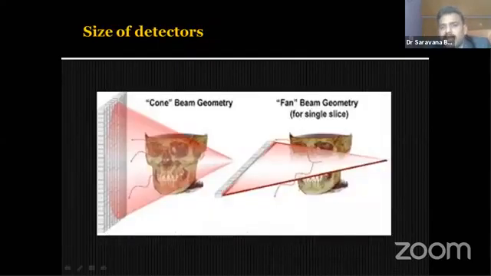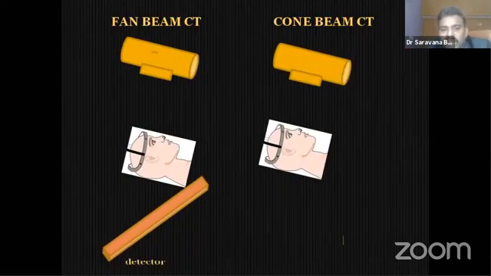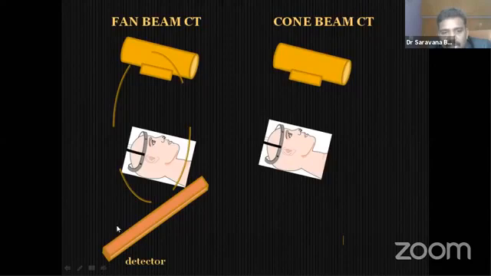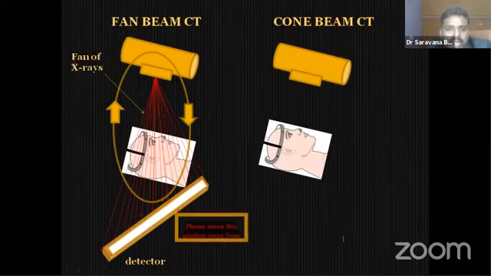Okay. So look at the medical CT: it delivers the fan-shaped X-ray beam depending upon the size of the slice thickness. I told you for the next slice, again, it should move further into the gantry depending upon the slice thickness. Here in cone beam CT, one complete rotation will capture the whole data that we have selected. Okay. Look at the fan beam CT. The detector is a linear detector, thin detector. One complete rotation will capture the data or information of that particular slice thickness.